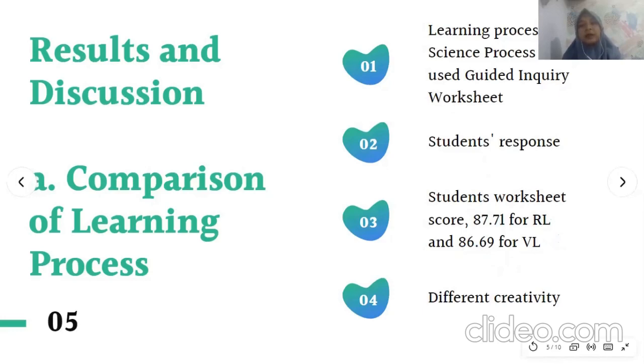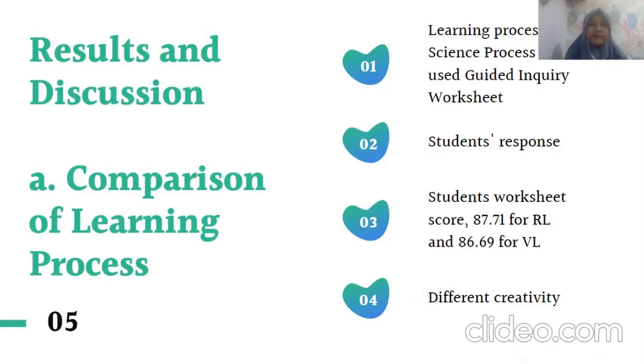But when we talk about it qualitatively, we can know whether there is a significant difference between real laboratory and virtual laboratory, and the different creativity they get in the online class and offline class, because in offline class they know how to use the material, and also know the procedure in front of them,